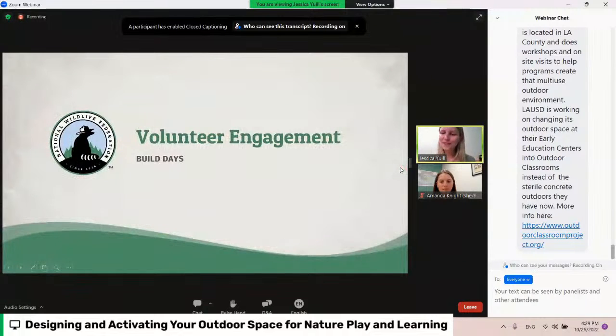So after all of the planning and collaborating with families and community members to create that design plan, action planning to figure out those next steps, you're at the time when you're ready to start making physical changes to your space. So a really great way to continue that partnership with your families and community members is actually to build the space out together. And a nice way to do that